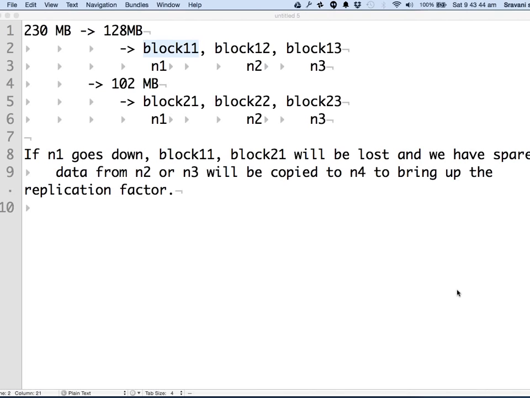So is 3 replication the minimum? No. Hadoop does not enforce such a constraint. You can have the replication factor as 1 also. If you are very confident about your hard drives, although you should not be, because hard drives crash all the time, you can mark the replication factor as 1.